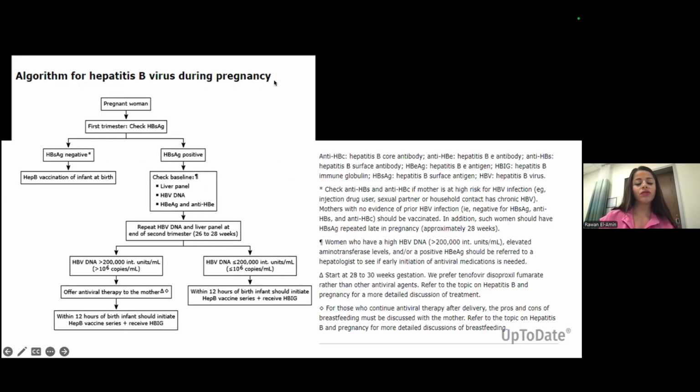Again, this is just an algorithm that shows us what the next step would be. So we check her hepatitis B surface antigen. If it's negative, then the baby gets vaccination. If she's positive, then we're checking her liver enzymes, the viral load, and again, the other blood work for hepatitis. Repeat the load at 26 to 28 weeks. And if it's greater than 200,000, then we would begin treatment. If it's not, then again, the baby will be treated with the